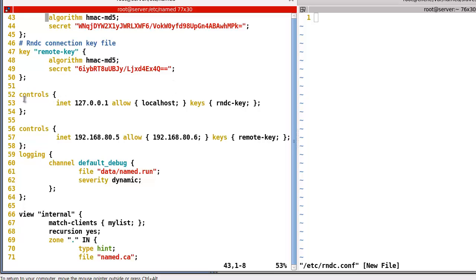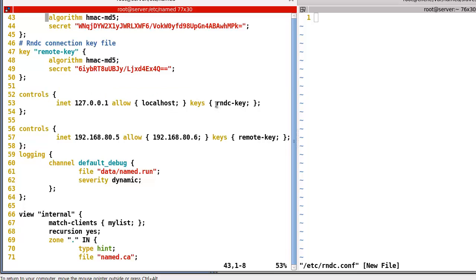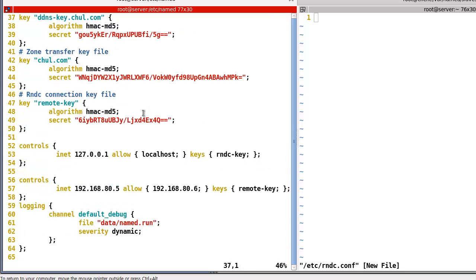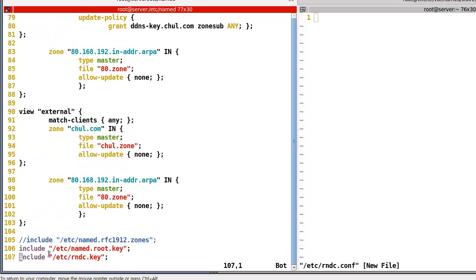So now here, controls inet 127. This is the localhost. So this localhost will control this one, using this key, RNDC key. So, and here, okay, this one. Can you see here, line 107, include etc RNDC key. So using this key,